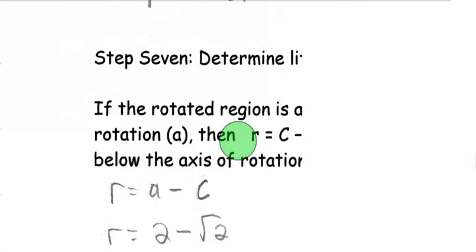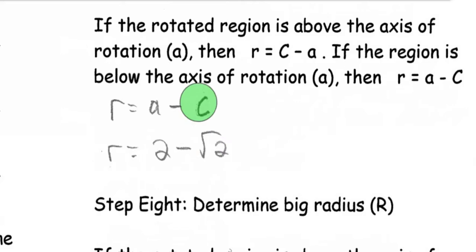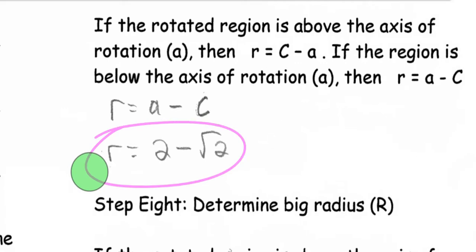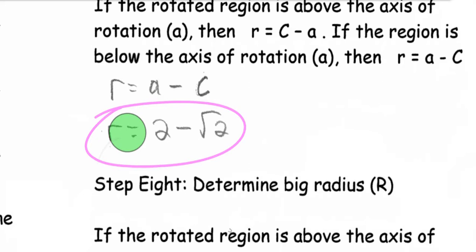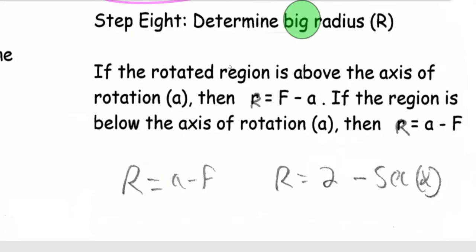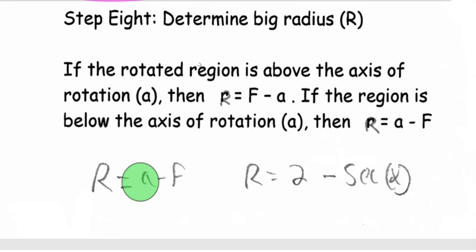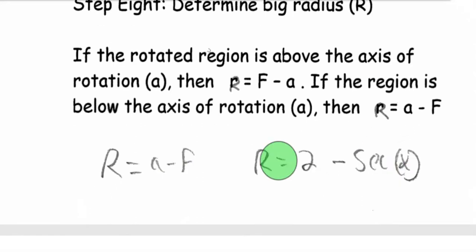So our a is 2, and our function closest, which we called c, or g, is square root of 2. So little r will just be 2 minus the radical 2. Now to find the area of that circle, it'll be pi r squared, so it'll be pi times this squared. Step 8, determine the big radius. So again, because the axis of rotation is above our region, it'll be a minus f. So it'll be 2 minus secant of x will be big